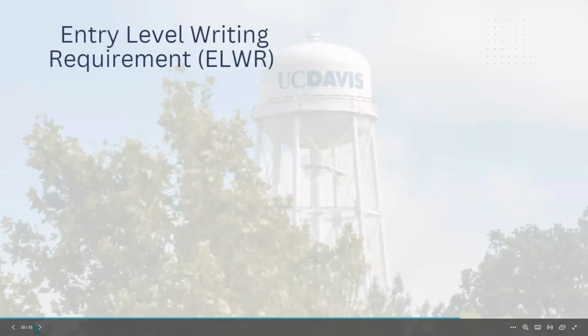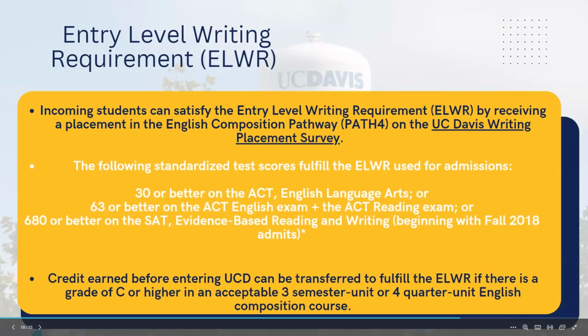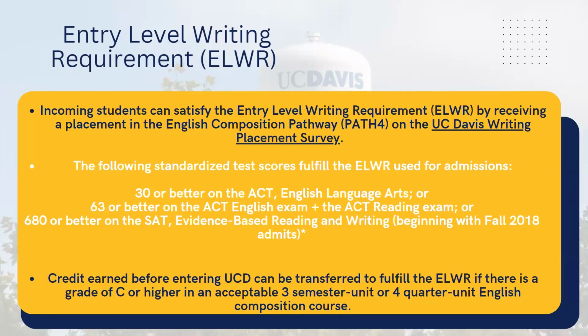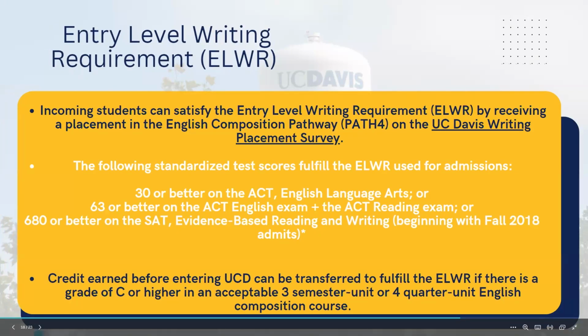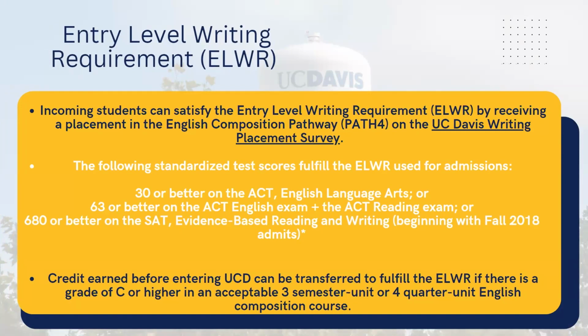So when we look at this, it's something that for many of you, you could have completed or satisfied prior to starting at UC Davis. And you can satisfy that in a few different ways, either via standardized test score. There's also potential for receiving credit for this via AP exam credit. But the entry-level writing is something that students need to complete by the end of their third quarter at UC